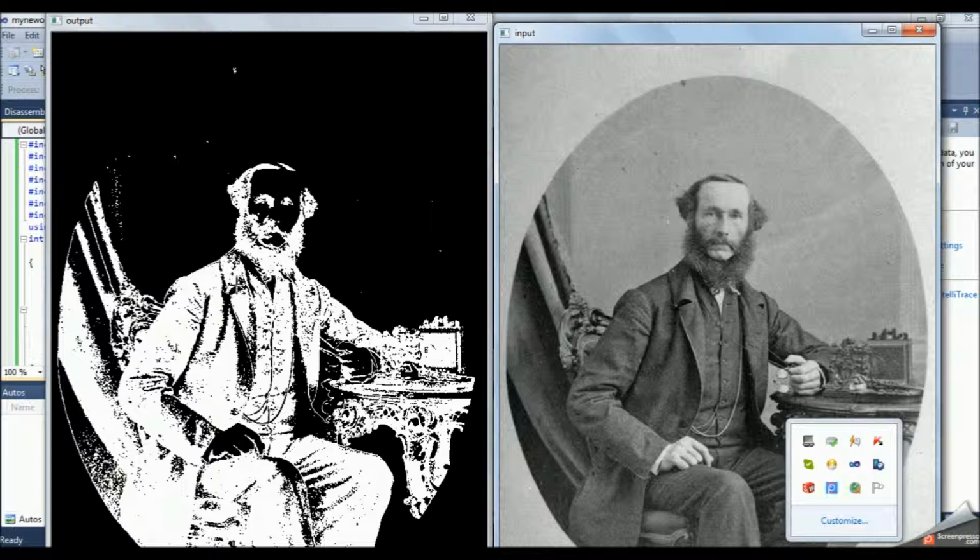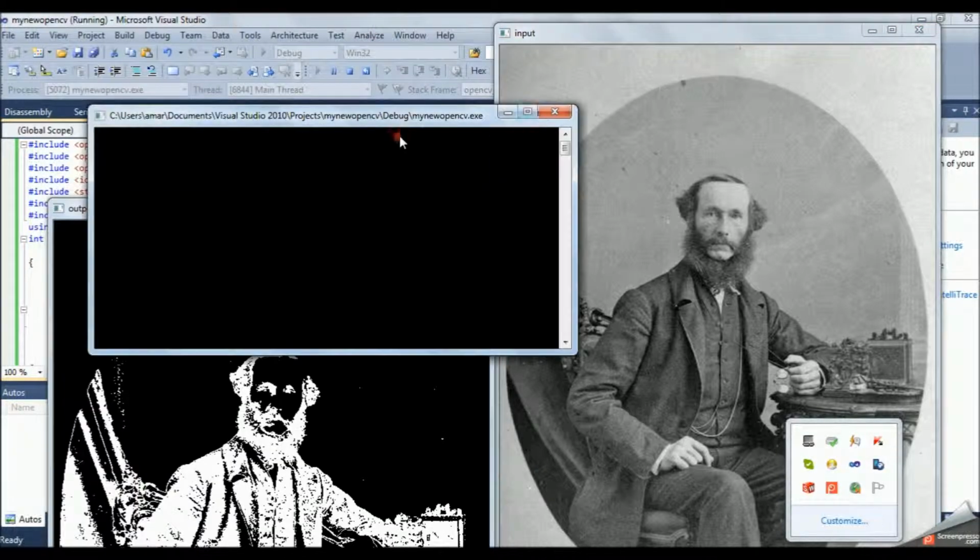All the white pixels are the ones whose values were between 50 and 120, whereas the black background had pixel values out of the thresholded range. Therefore it is seen in black color.